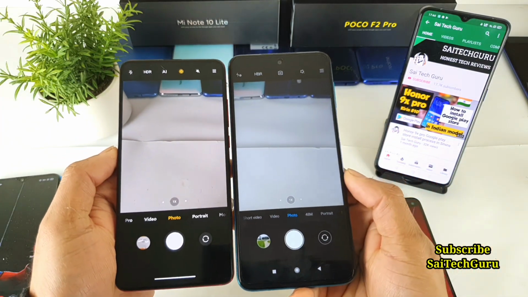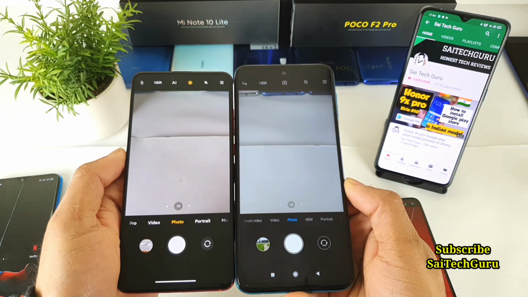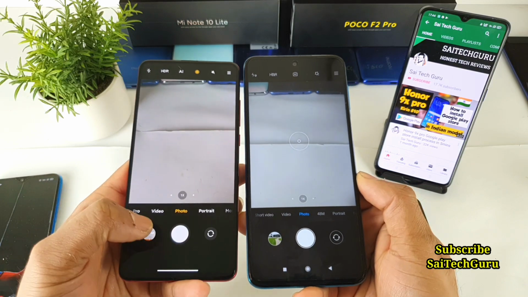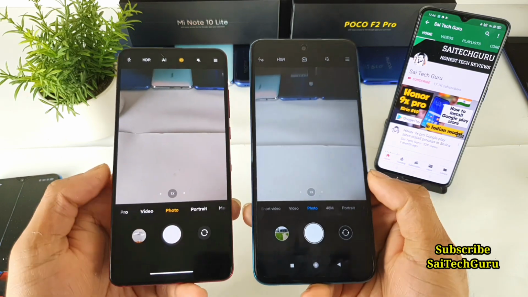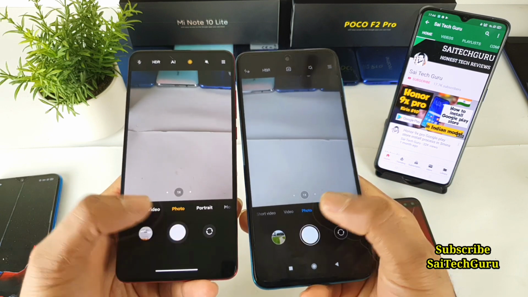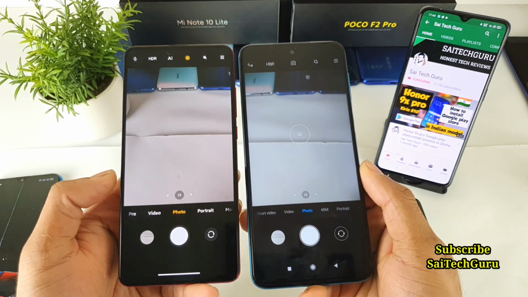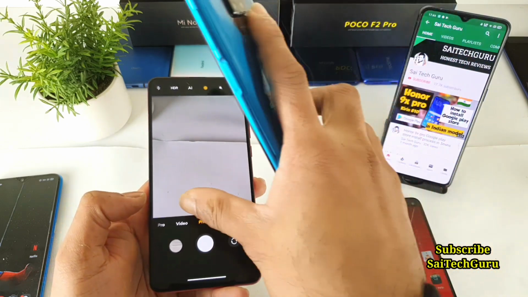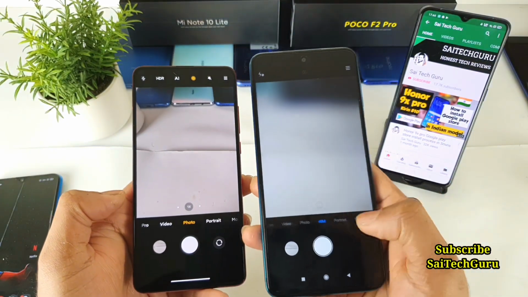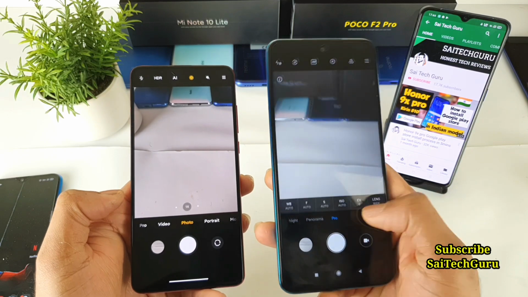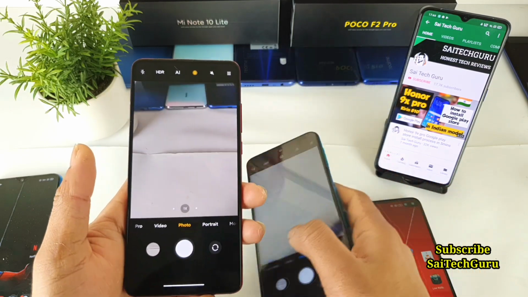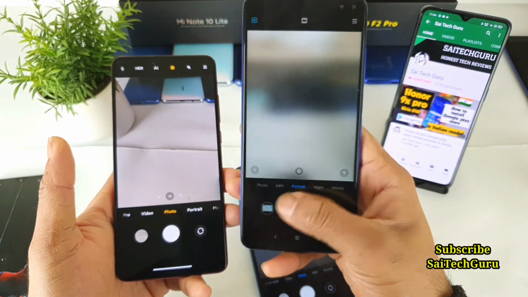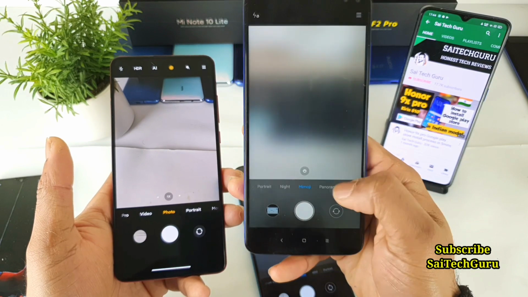So as you can see here, whenever you open the camera, you get this kind of interface. The camera capture button has been changed from this button to this button, this is one thing which I have noticed here. Even the capturing speed has increased a little bit, and you can notice the Pro version got added to the left side. Usually the Pro version will be at the end of all the options, but this time they moved it towards the left. The same thing with the Poco X2 as well.